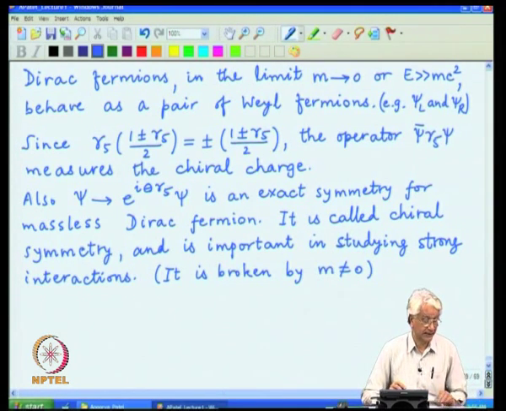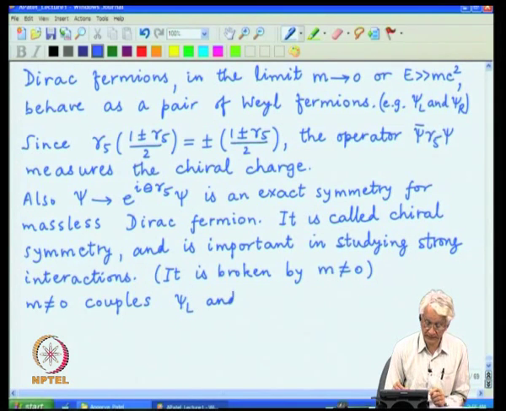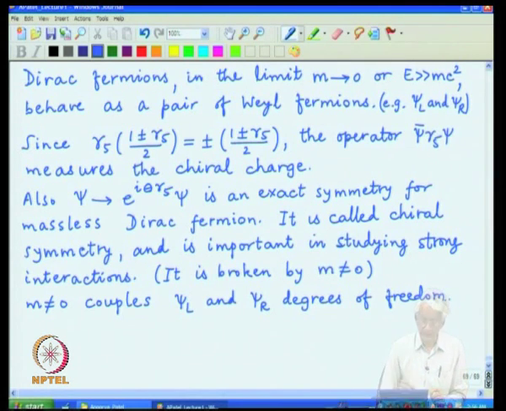If one writes down the contribution of the mass, it rather explicitly appears as an interaction. It couples left-handed and right-handed degrees of freedom,